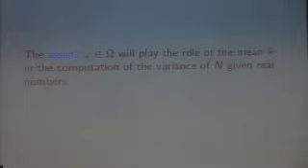The assists are going to play the role that the mean x bar played in the computation of the variance of n given real numbers. Namely, for a given function f, omega of f for little omega in this capital omega are the objects that we're going to pre-compute that will help us to evaluate the things we really want. Now that we know what assists are, we know what it is that we're pre-computing. Now let's define assisted bounded depth, and we'll see how the things that we pre-compute are going to help us.